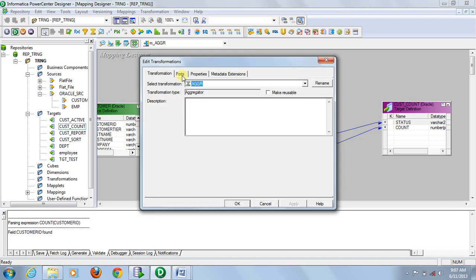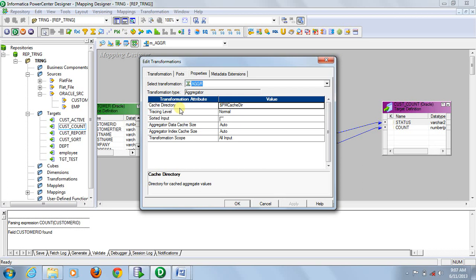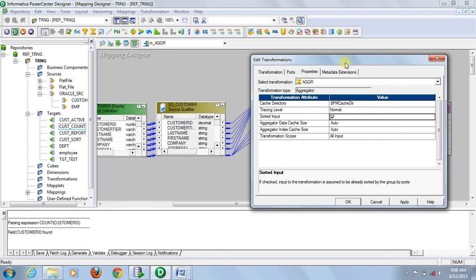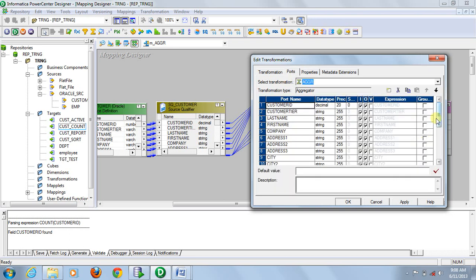So in aggregator, in the properties tab, there is one more property, sorted input. If we uncheck this, it expects that data are not sorted, so it will create a data cache, and then after receiving all data it will do aggregation. And if we check this, it means that the data which come into the aggregator are already sorted according to the aggregation port, in our case, according to the status port.